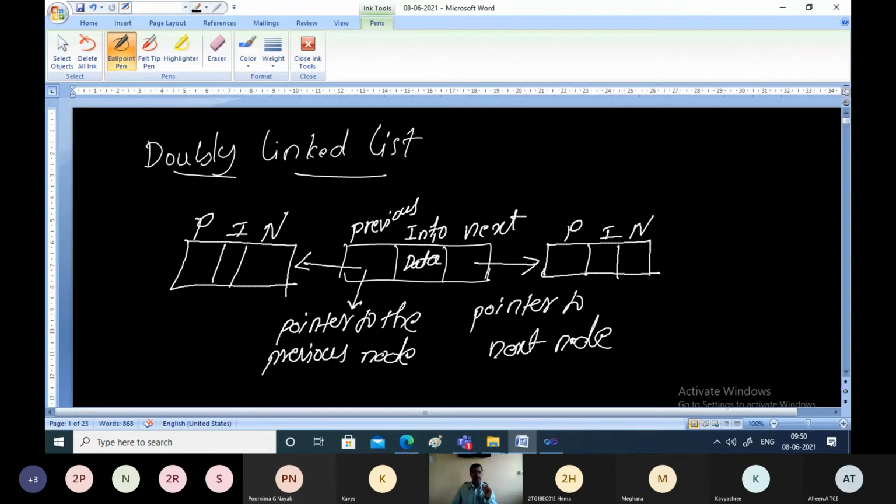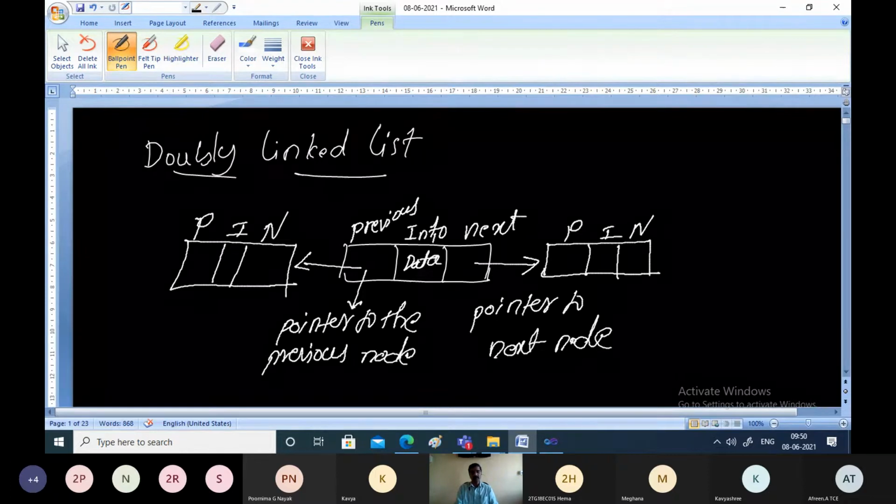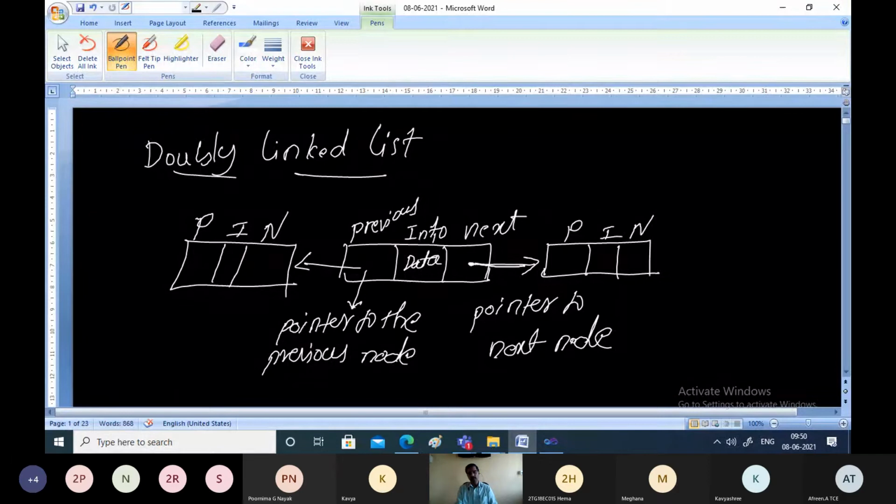So basically every node in a doubly linked list is going to contain minimum three fields. The information field contains the actual data, the next field contains a pointer to the next node, and the previous field contains a pointer to the previous node.